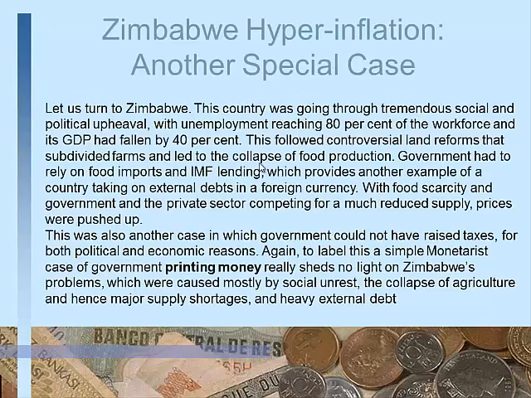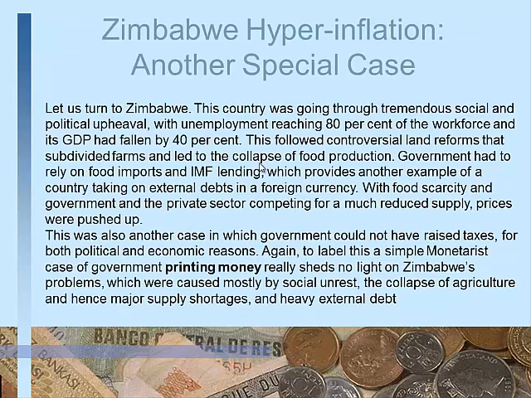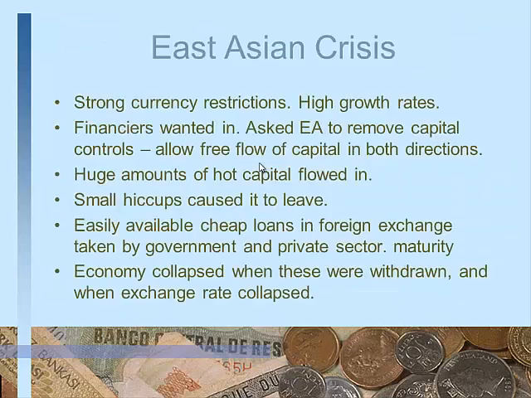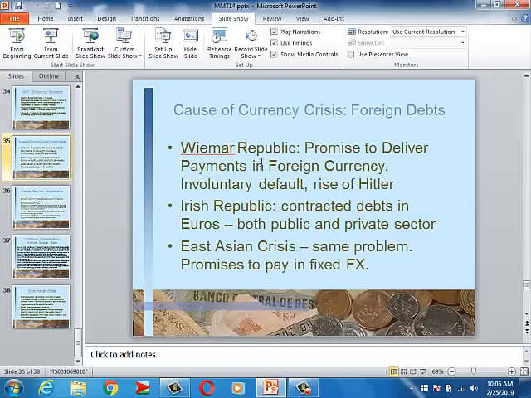All right, so I think we are out of time, but basically, if you look at the history and you look at the details of the hyperinflation, you find that it's very complicated, and there's no one big theory which will fit it. Same thing is true of Zimbabwe, and same thing is true of East Asia. There are many, many different factors, but the most important factor is the existence of debt in foreign exchange, which is the source of the problem. And this is something which can be avoided and should be avoided in order to make a safe currency.